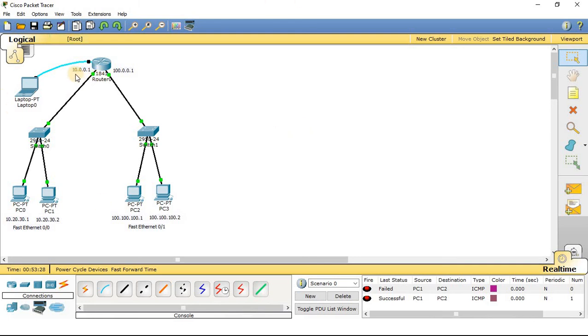As I have already discussed, these two ports will be used for the gateway access for computers in this total network. So the packet from this network will be passed through the gateway.